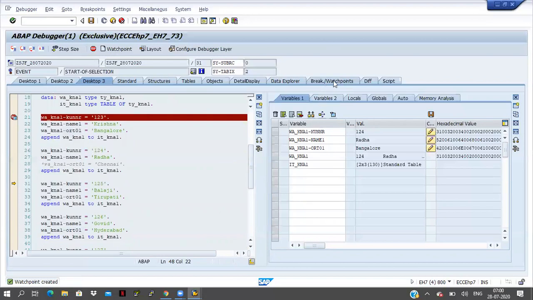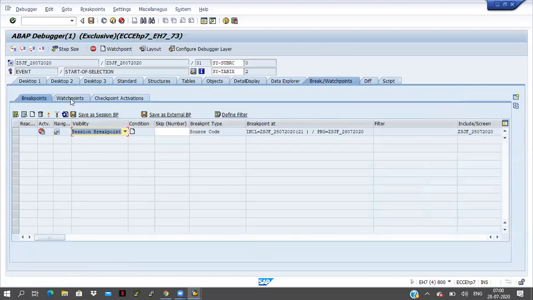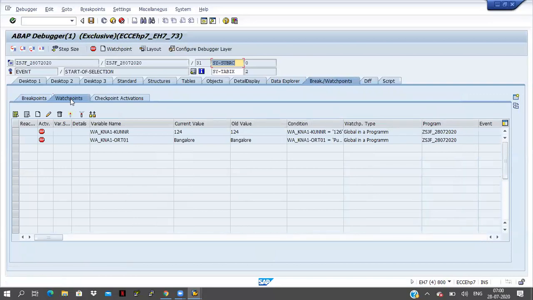You can see the break or watch point tab is there.